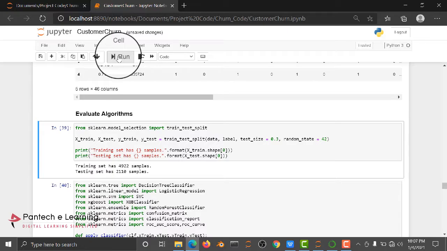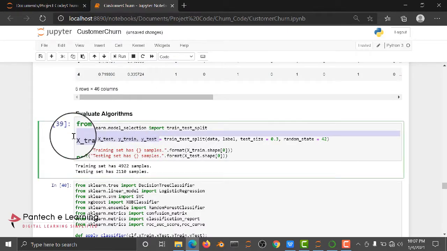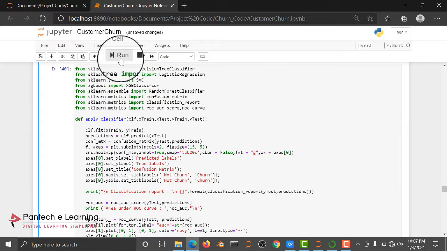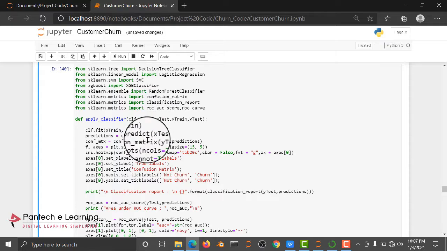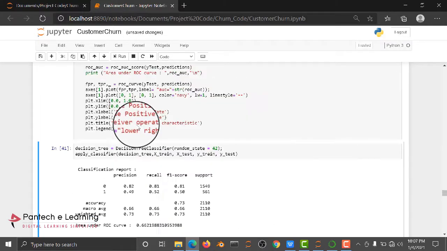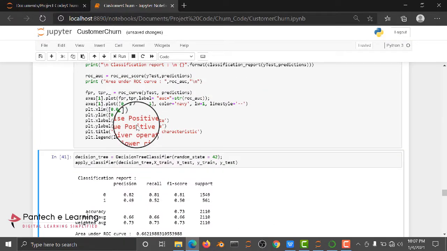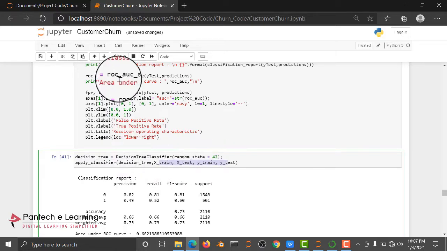First of all we need to use train data to train the algorithm and test data to test the algorithm. So here we are dividing our dataset into two parts, train and test splitting. Then we are using machine learning algorithms like decision tree and others, but here I am applying the classifier by using a function. Whenever I pass the data, with parameters decision tree, xtrain, xtest, ytrain, ytest,